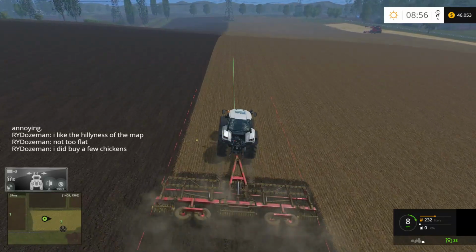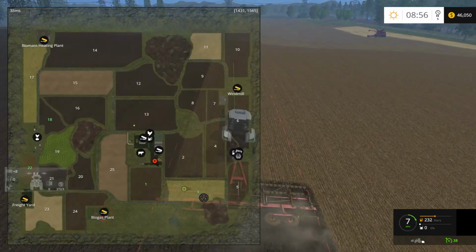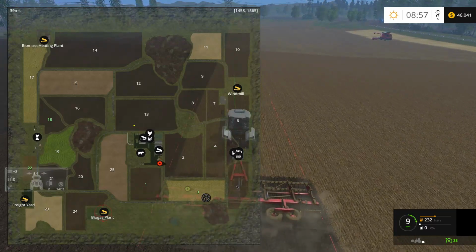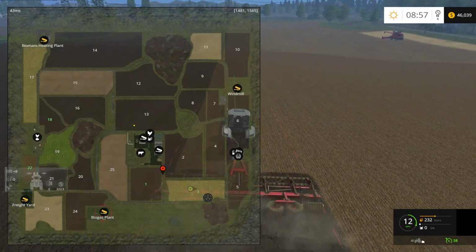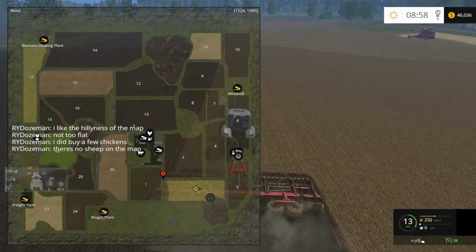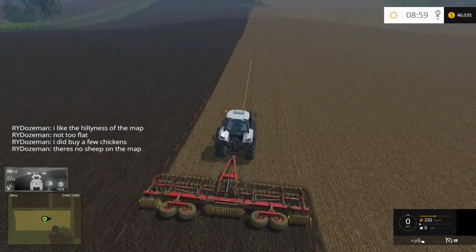I did buy a few chickens. Okay, I'm not even sure where the chickens are, actually. They're on the farmyard there apparently somewhere. I see the icon. And we got the cows, but no sheep, I take it. Well, that's the sheep icon's hiding. I don't see a sheep icon. No sheep on the map. Okay, interesting. It does show sheep here, but...